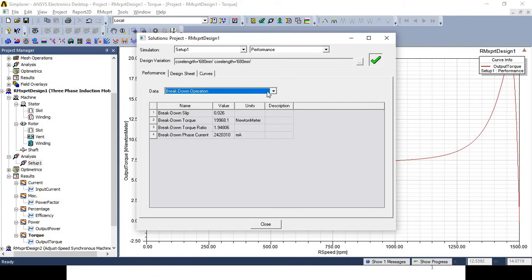Once you select the breakdown operation, you will get the information about breakdown slip, which is 0.026, breakdown torque, that is 1968.1 Newton meter, breakdown torque ratio is 1.94806, breakdown phase current is 2420.310 milliampere.